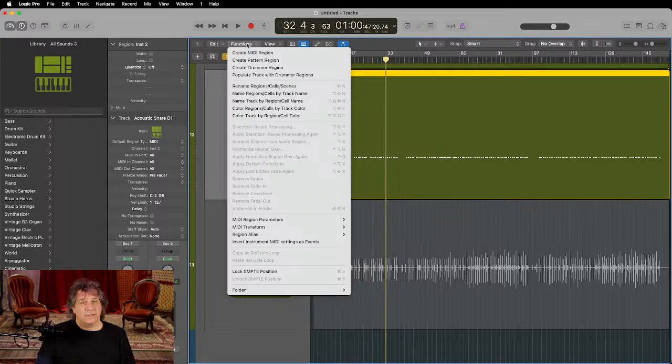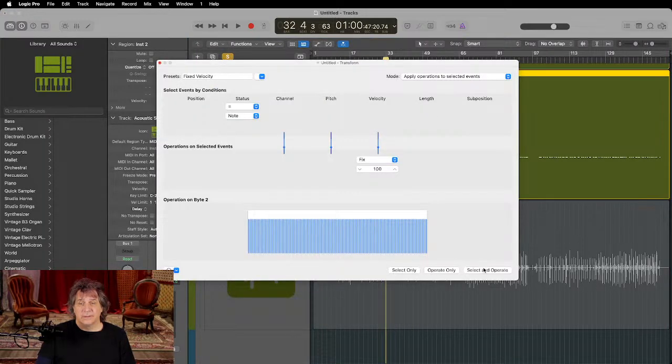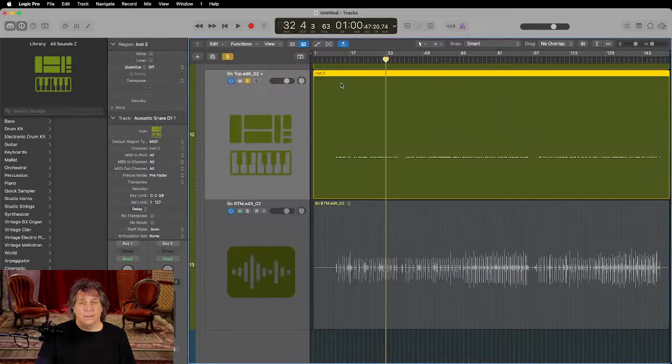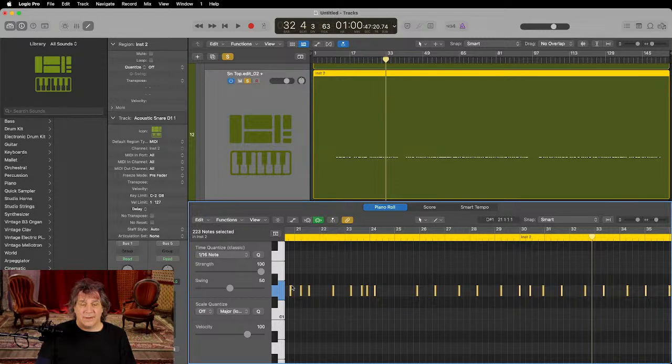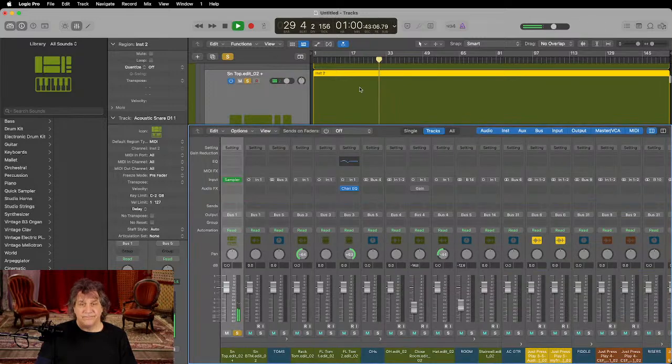Sometimes I won't. Let's just do it for now. Fixed velocity. Let's see. Yep, now it's fixed. That sounds pretty unnatural, but